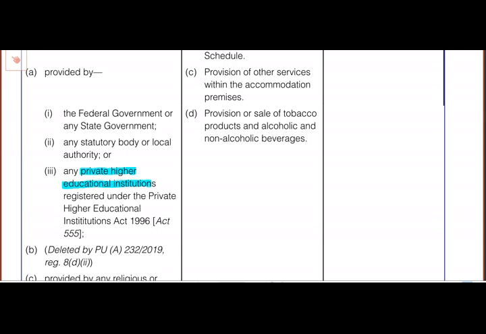Private higher education. So we are talking about what? Hostel. If you have a college like MCKL, our account, we don't charge 6%. Why? Because we are under this category. But you notice it's only for private higher education. If you are not under private higher education, then you still have to impose 6%. So if you do a primary school which is not under higher education, 6% will still be required. Okay? Now,